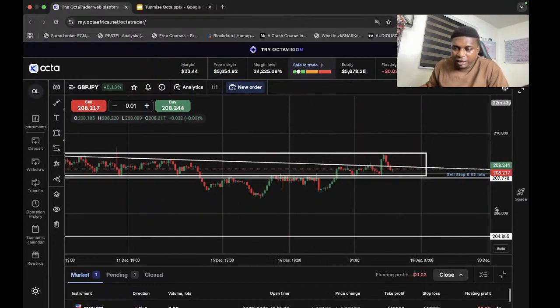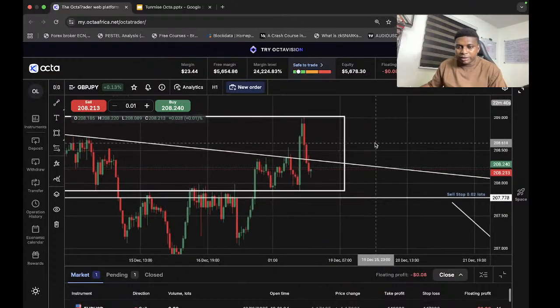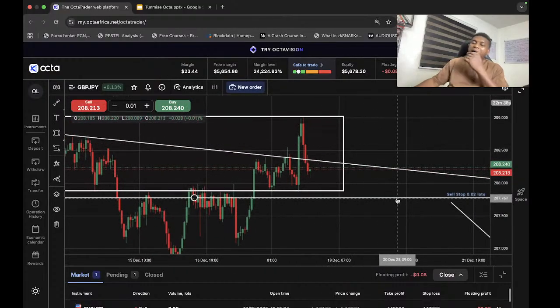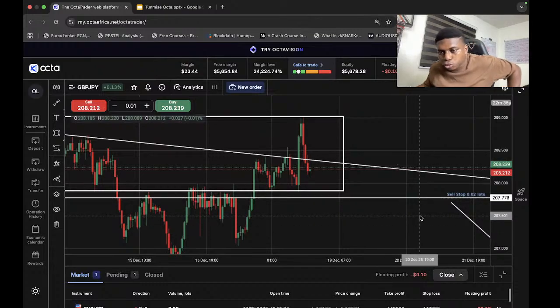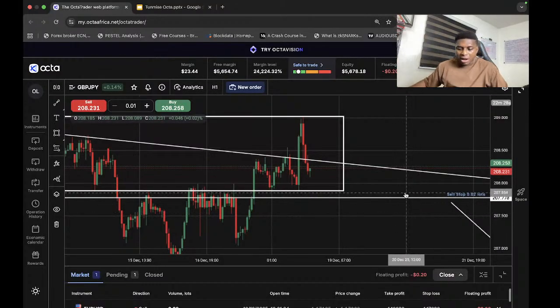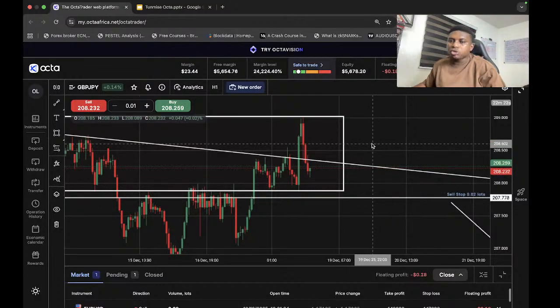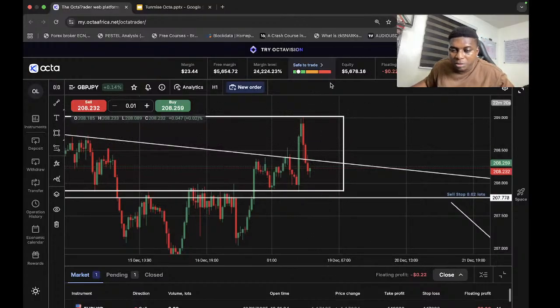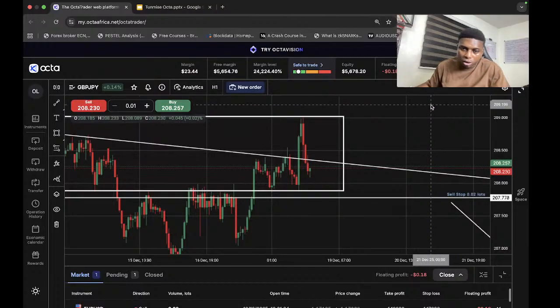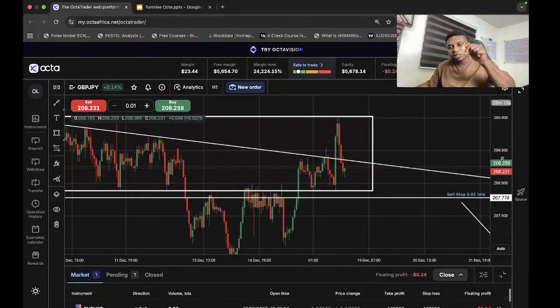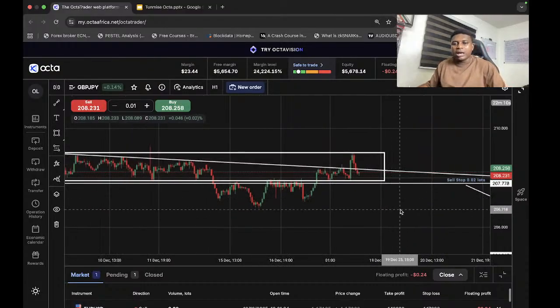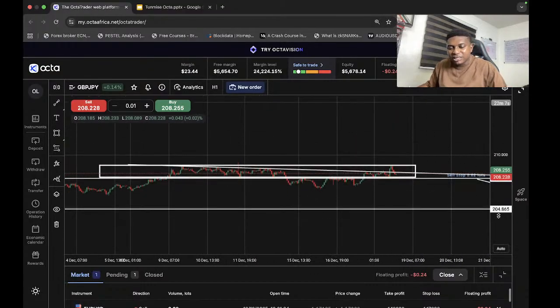Now I've placed my order. So what I'm expecting now is if price comes and touches my sell stop order at 207.778, my sell order will be triggered. And once my sell order is triggered, my take profit and my stop loss come alive. So if price goes above this place after triggering my sell stop, it's going to stop me out at a little loss. And if it goes down below, I'm going to take profit if price hits